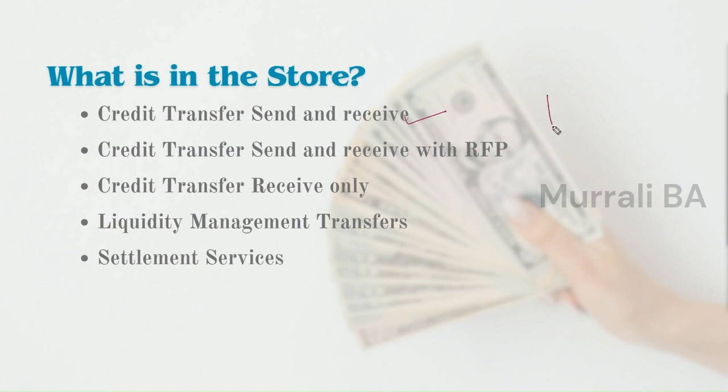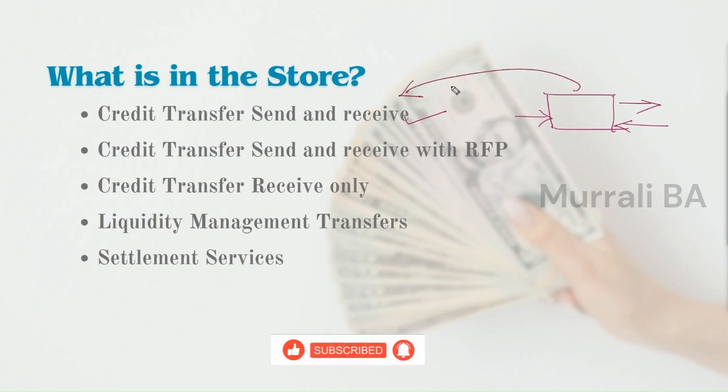For example, let's say this is a bank and you approach the bank for an outward payment and your bank will send it. At the same time, one of your friends sends you a FedNow instant payment and your bank is enabled to receive it. So that will happen only if your bank chooses this option. Let's move on to the second one,